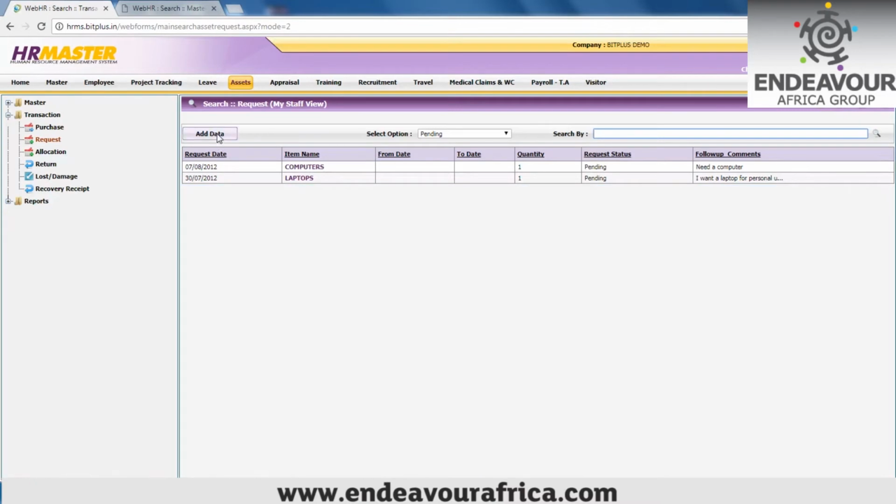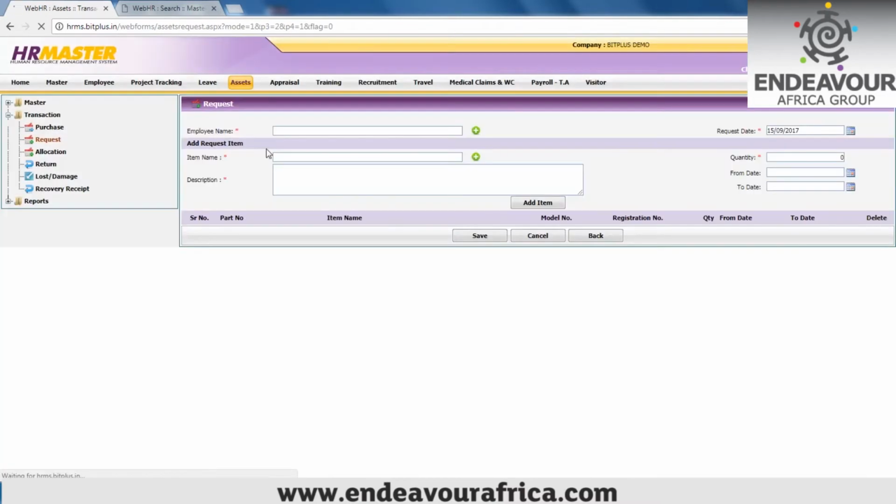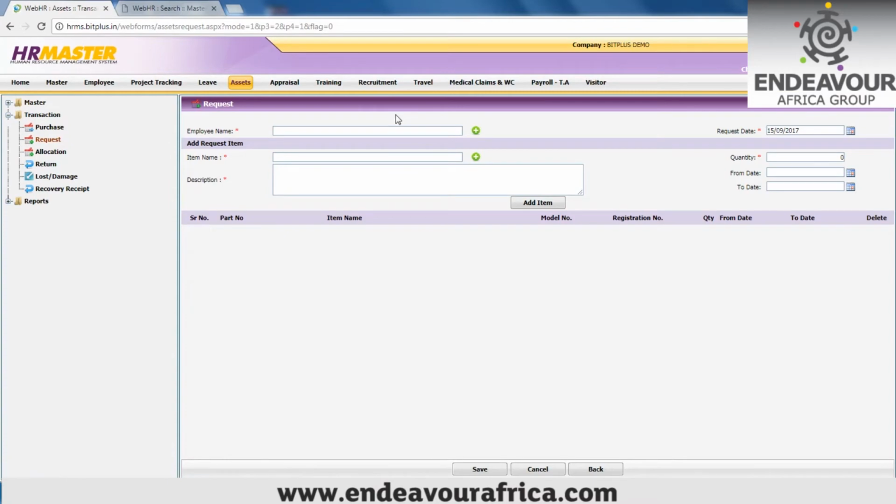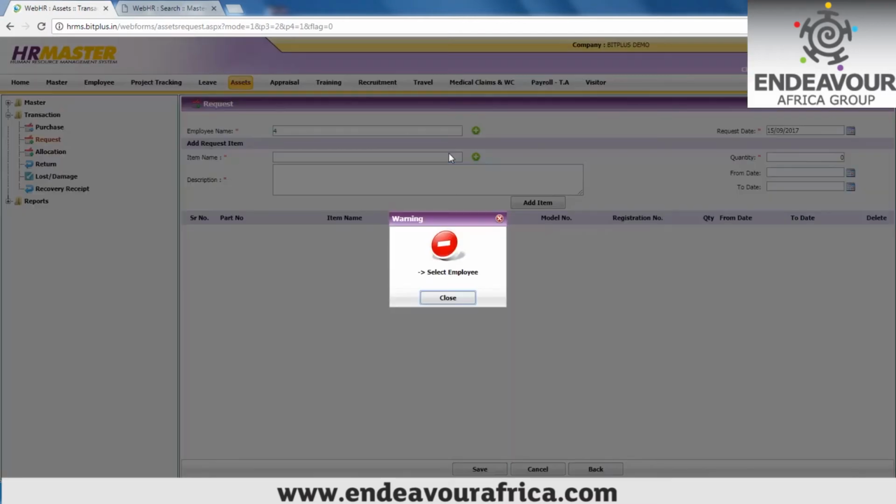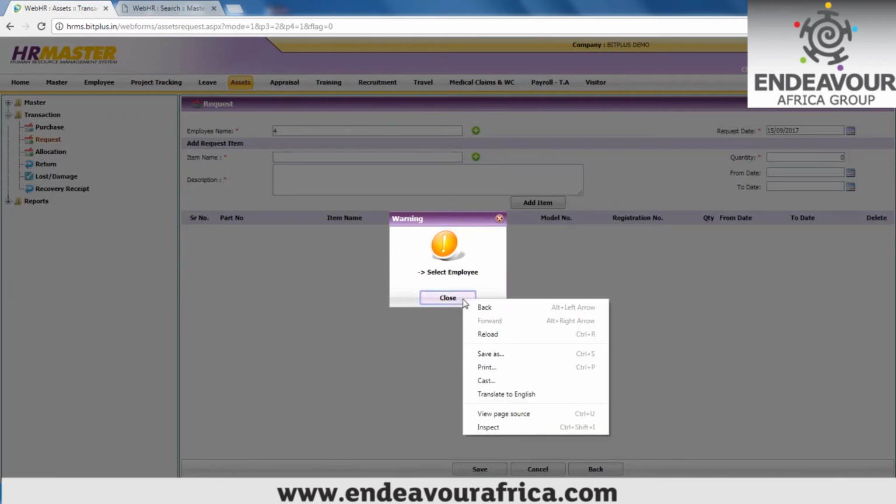So an employee will click on add data. The employee name will come automatically once I've logged in as a user. Then for item name, you can select an existing one, or you can type in the name of the item they're requesting. Okay, so once they have done that,